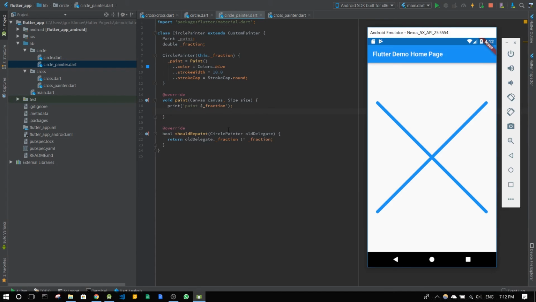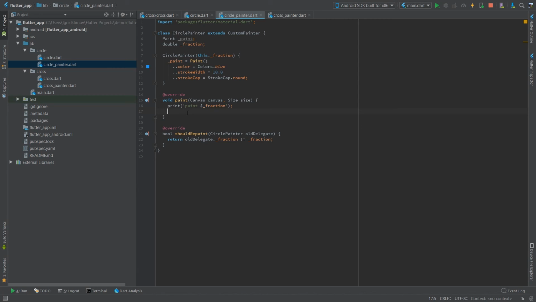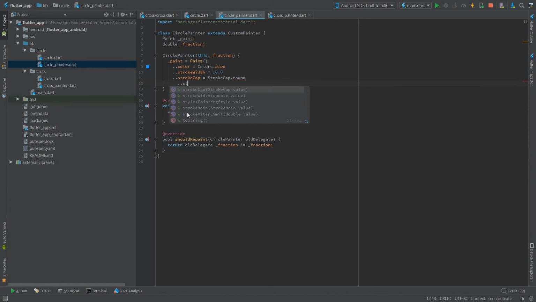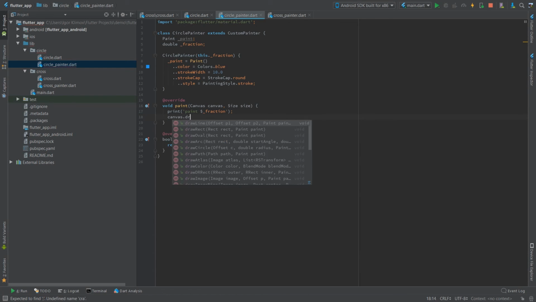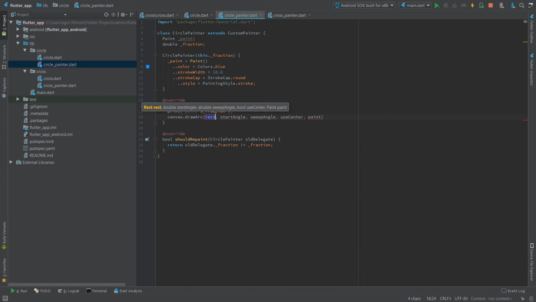Now animating circle is really easy. All we need is to set our paint style to a stroke so that we don't fill our circle, and call a canvas draw arc, which takes a rect